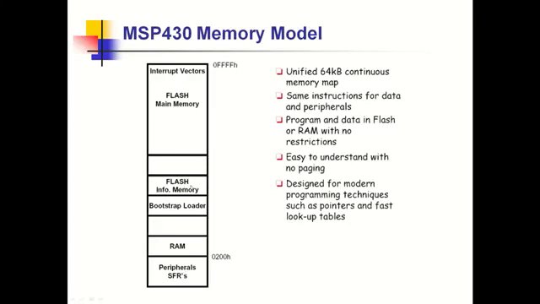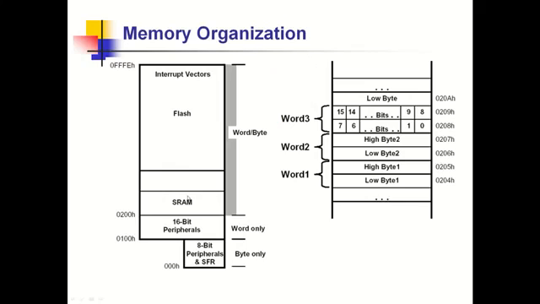And then there is the flash memory, from the 4000 location onwards to FFFF. The last table is meant for the interrupt vector table. So this is how the memory mapping and IO mapping of the MSP microcontroller works. It doesn't differentiate between the memory space and IO space. Everything comes under the memory space.